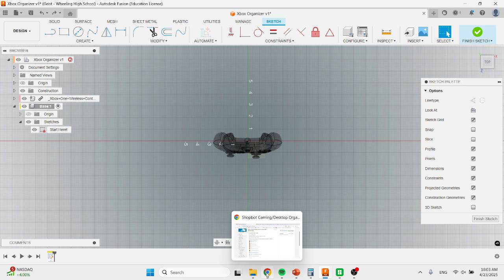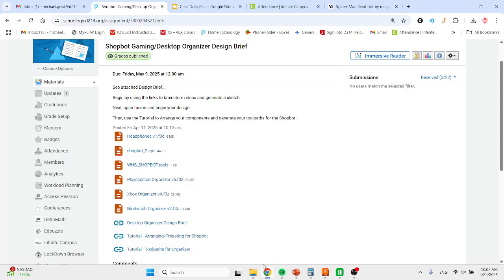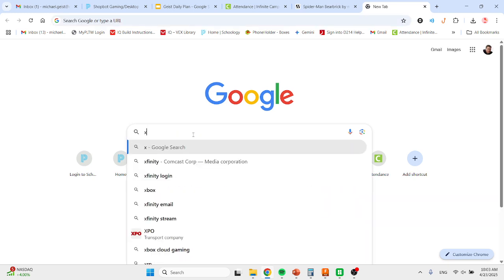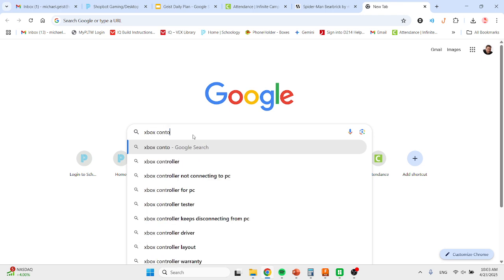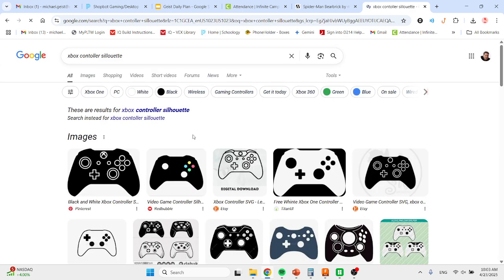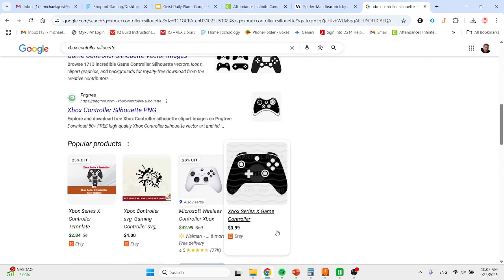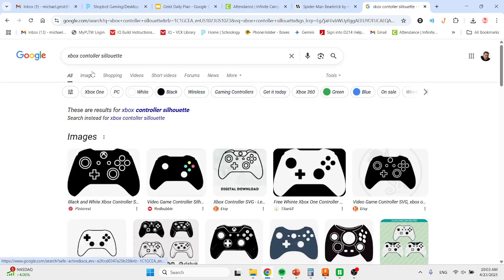So if I wanted that, maybe I would go to the internet, go online, and search Xbox controller. I want to type in the word silhouette. Maybe I'll spell that correctly, I don't know. Silhouette gives you a nice clean shape that I can then create an SVG from. So if I go to images